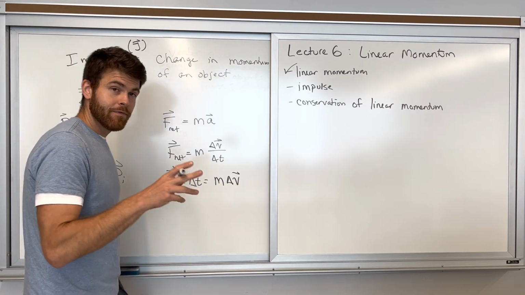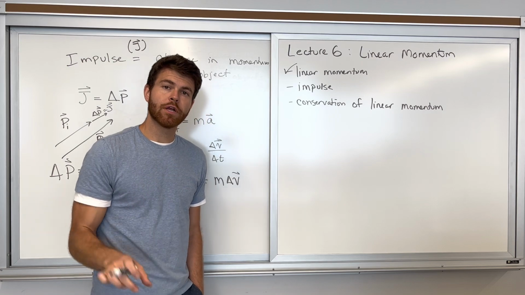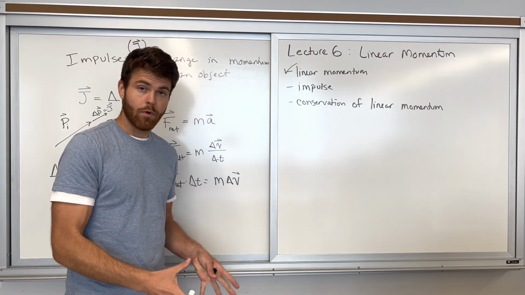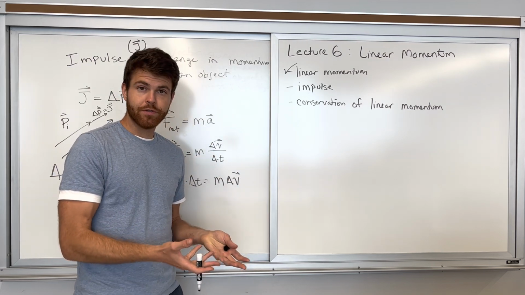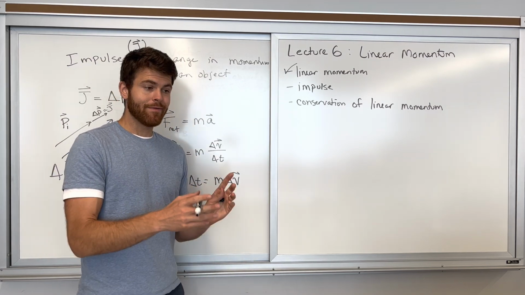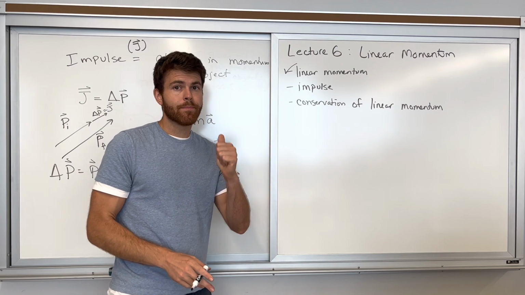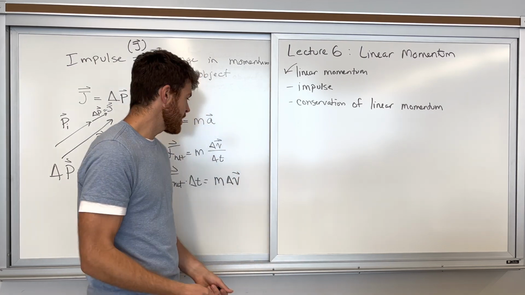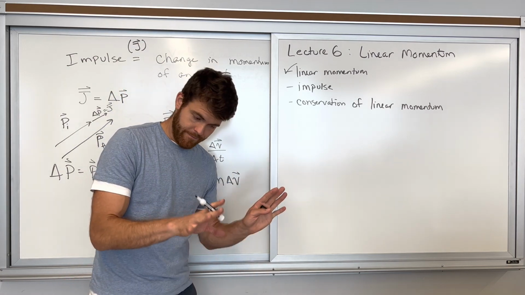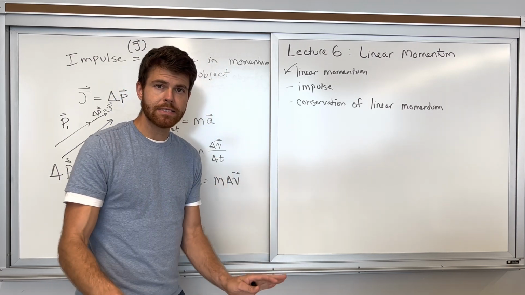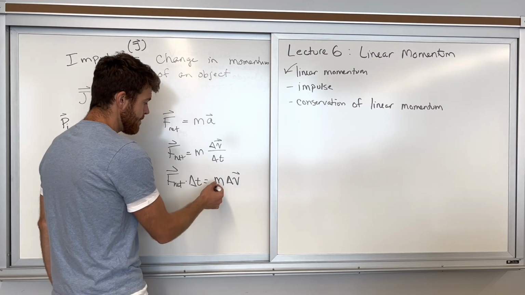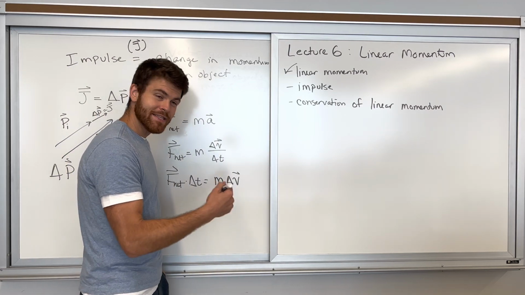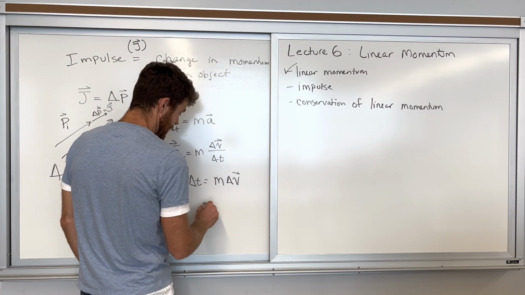Okay? Now, if we assume that the mass of the object remains constant, which in reality is not always the case. Say, with a rocket that's launched to go into space, as it travels, its mass doesn't remain the same because it burns fuel. So as it empties its fuel tank, it changes its mass. But right now, we're going to assume that the mass stays the same. So if the mass stays the same and it experiences a change in velocity, then that means that object is experiencing a change